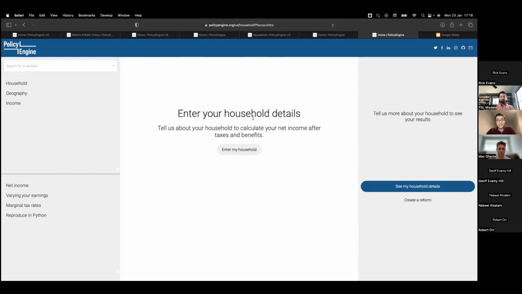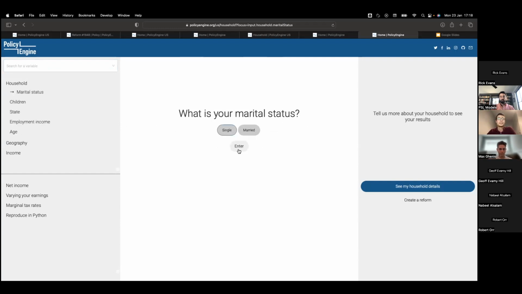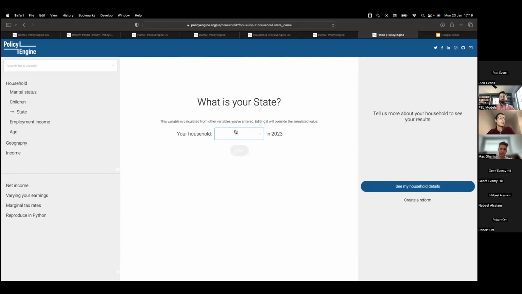So the first thing this is telling me to do is to enter my household details, because if we want to calculate the various attributes for my household, I need to type things like my age and income and household structure. So I'll go through this questionnaire, which is more of a questionnaire than the site previously was, where the old layout was more of a go through and specify all these parameters that describe your household. And this is hopefully a bit more active. So I'll say I'm a single parent of 2 children,